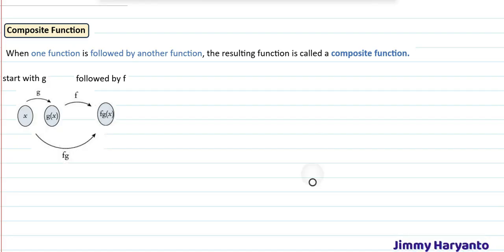Yeah, but in calculations it will be a little bit complicated if we calculate it twice, like you calculate g(x) first and then follow with the rule of f(x), and then you'll have the final result after you calculate it twice. Yeah, that means we can combine the functions into one function that can be calculated to find the result directly. It will not be two calculations, but only one calculation.